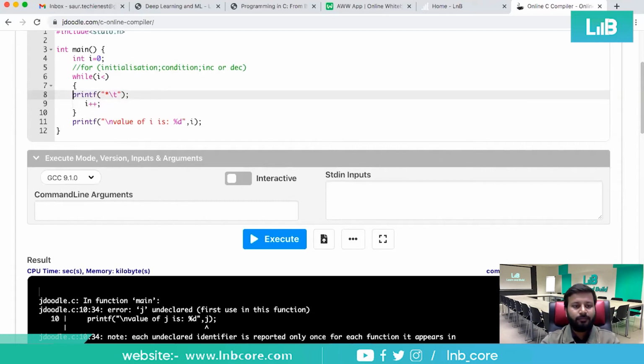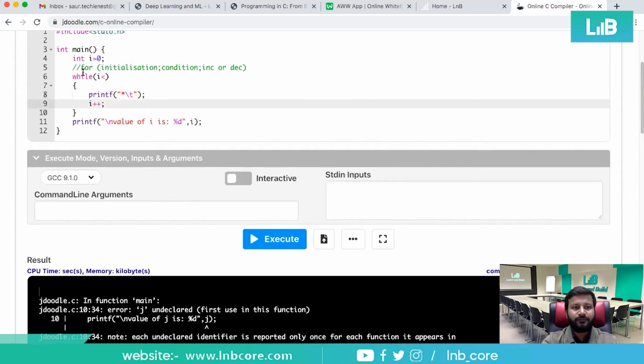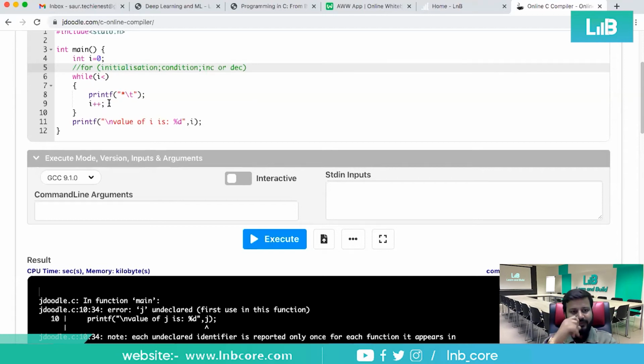So the format of writing while and for is the same. You can say for is divided into three parts to use while. Initialization is given before the start of the while, the condition is given inside the while, and inside the loop itself, inside the brackets, you give the increment or decrement, right? And this is the only difference between both of them.